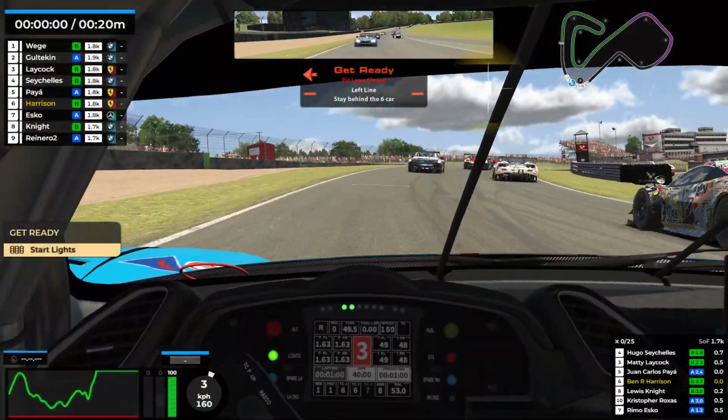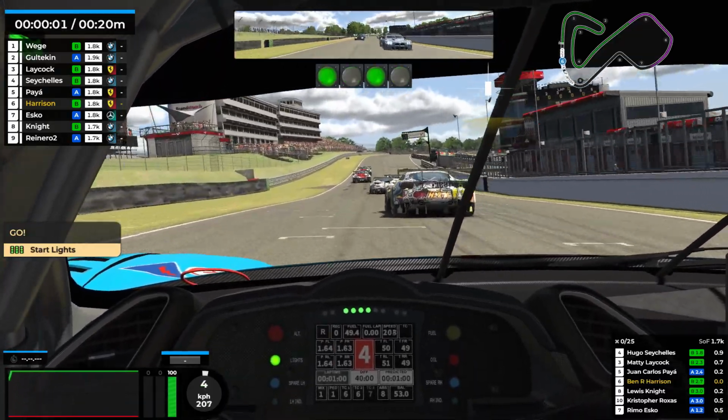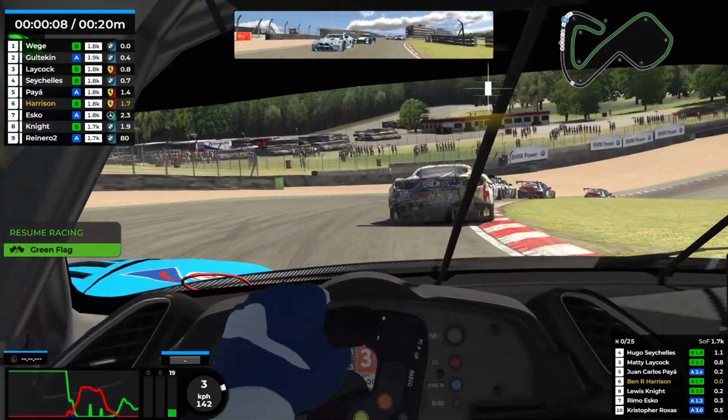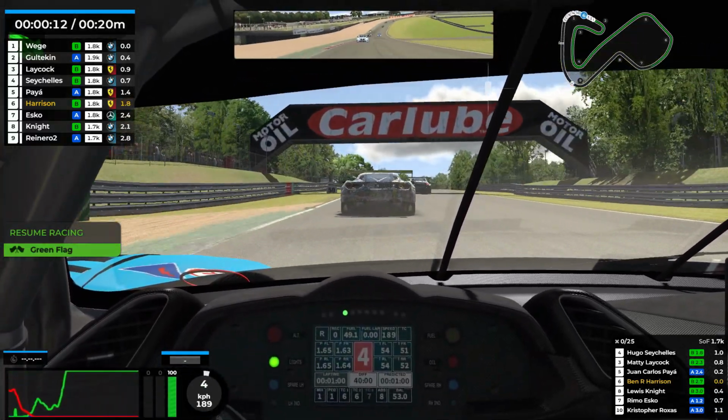Let's get down into the cockpit as we get underway, and immediately you can see we've lost a little bit of time to the car in 5th, but that is going to give us some space heading into T1, and it's all about just staying safe through this opening set of corners and hoping that everybody around us keeps their